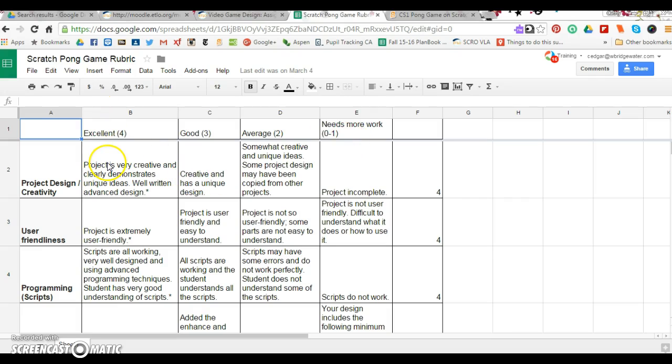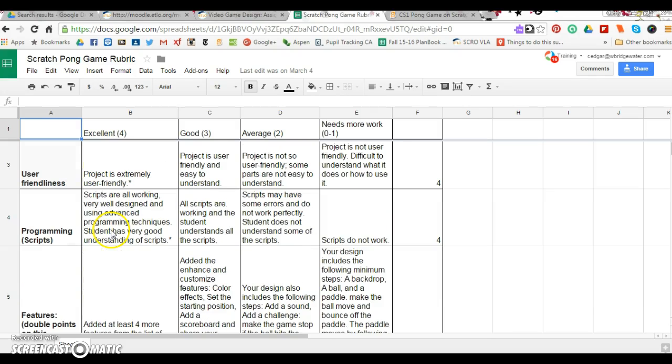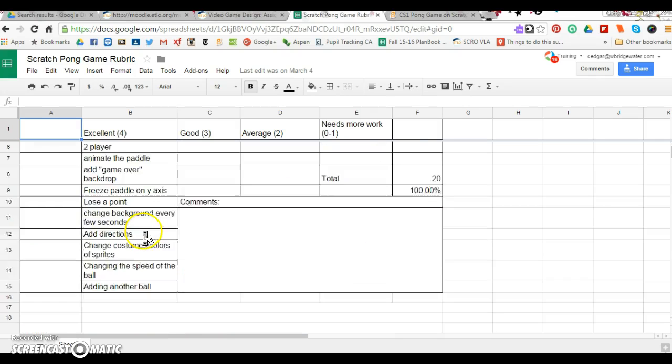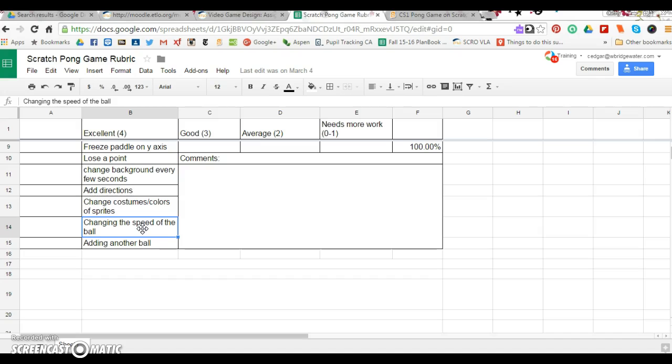But we're going to concentrate on this column right here. So how's my product design and creativity? I think it's pretty creative and demonstrates unique ideas, so I'm pretty happy with it. User friendly: I think it's user friendly, so I'm good with that. How are my scripts? Are they all working? And am I using some advanced programming techniques? Yeah, I think so. And then for this project, the thing to keep in mind is this section down here